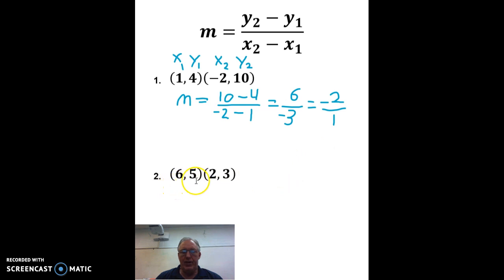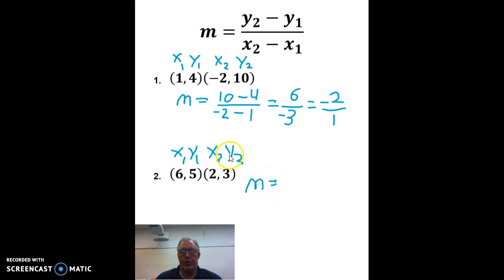We have 6 and 5 and 2 and 3. Let's go ahead and repeat what we were just doing. x1, y1, x2 and y2. Using our slope formula, M